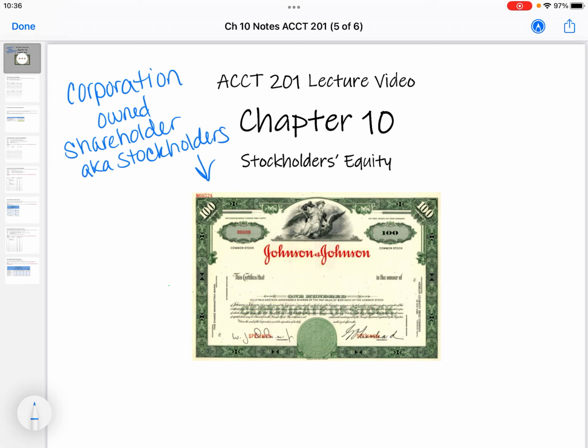But it's quite literally that piece of paper, whoever's holding this piece of paper. Now, the paper doesn't necessarily exist anymore because we see a lot more electronic versions, but it used to be that we would quite literally print this amount, whatever denomination we decided for the number of shares that we authorize, we'd print them, and whoever's holding the paper owns the organization, or owns a portion of the organization. So that's important to understand, that we have shareholders and stockholders who actually own the organization.